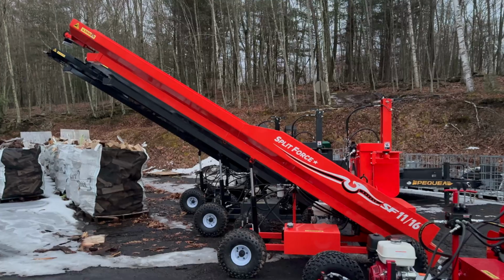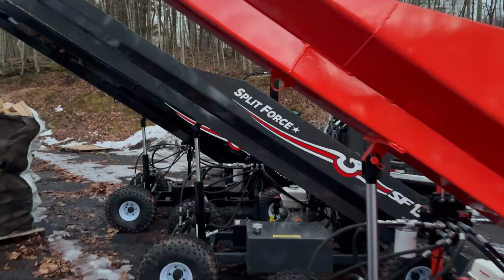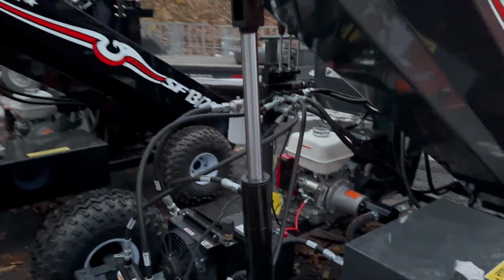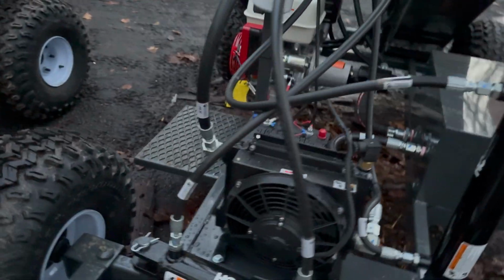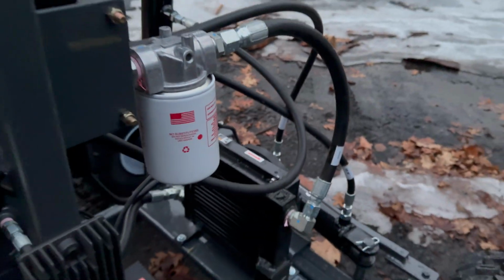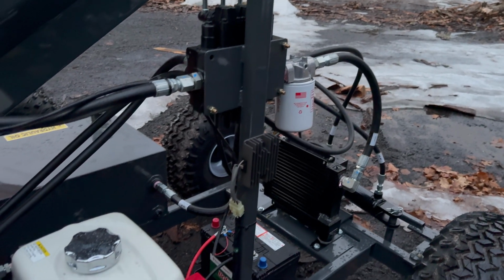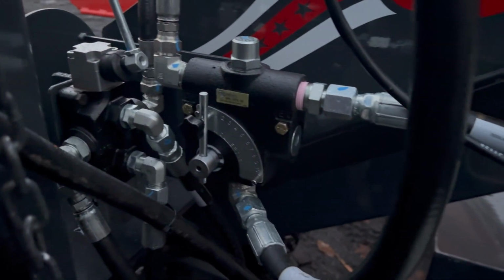looks like there. Then right next to it is our Battleship Gray 1316, and I do that because it is the upgraded 13 horsepower motor. And we do the 13 horsepower motor because of the hydraulic oil cooler. Really nice commercial unit. Going to put out a lot of cordage every year, longer run times, and keeping that hydraulic oil cool. Again, inline hydraulic filter, electric start, speed control, reversible conveyor,